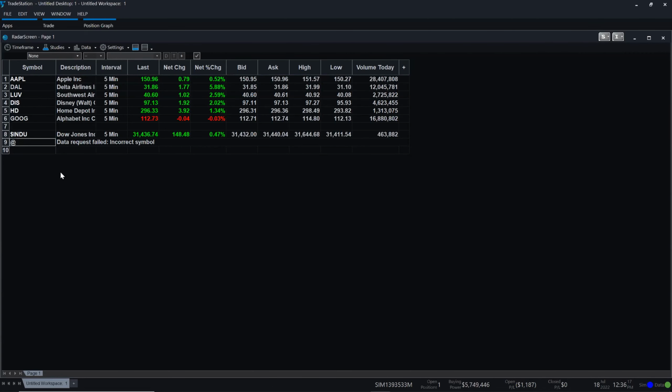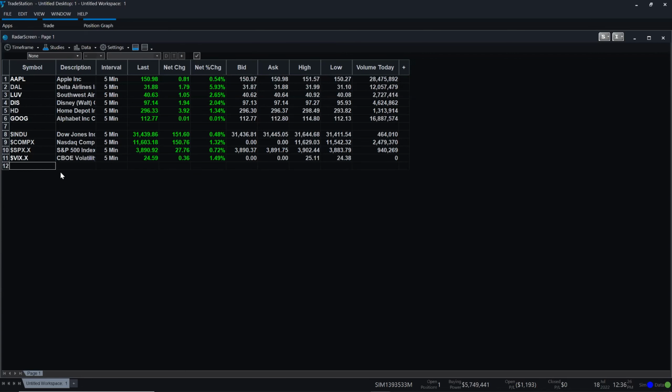Okay, maybe I'll do $COMPX, which is the NASDAQ composite. I'll do SPX.X. Maybe I'll do VIX.X, which is the volatility index, $sign. Okay, that's an invalid symbol. So that's fine. The reason why we sometimes add a blank row is, as I said before, to create some